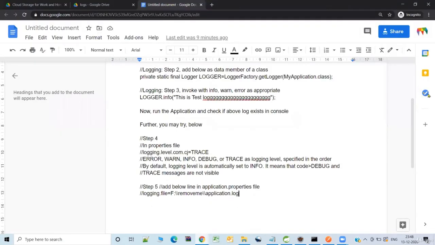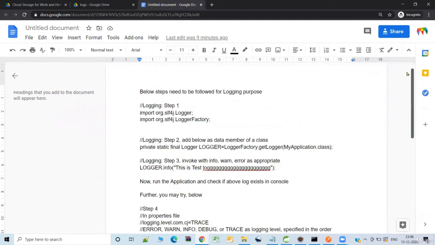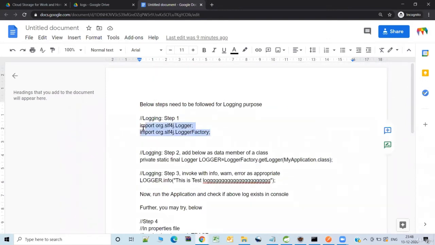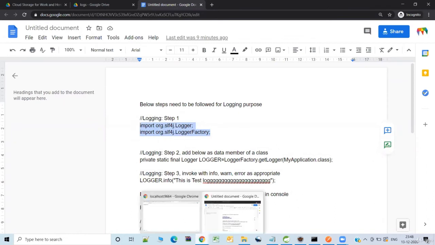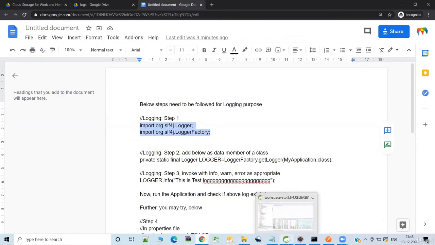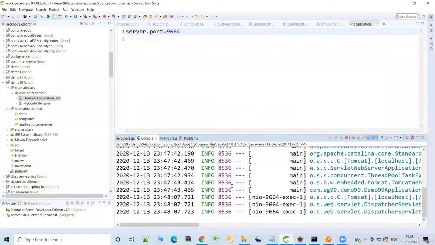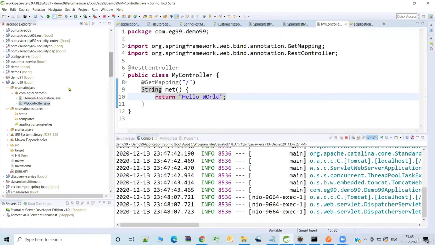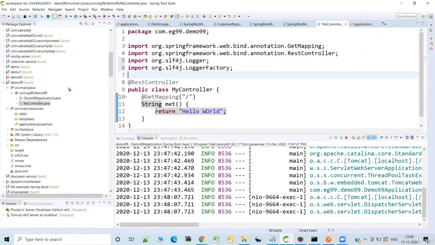So what I'm going to do is I'm going to follow the steps here. So the first and foremost step is let's import these two classes in our class. See, now I want to add a REST endpoint to the REST controller class. So let me go ahead and give the imports here. So I'm done with the first step.